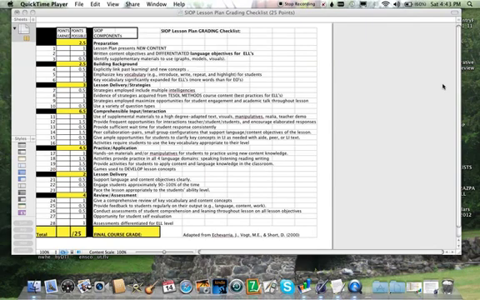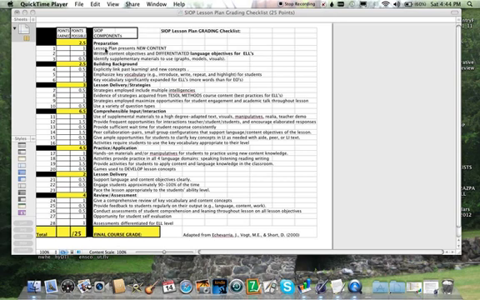The first thing that I want you to note is that each of the components of SIOP are identified here: preparation, building background, lesson delivery and strategies, comprehensible input and interaction, practice application, lesson delivery, and review and assessment. And each of these components has underneath it several identified elements with points associated, so that your lesson plan under